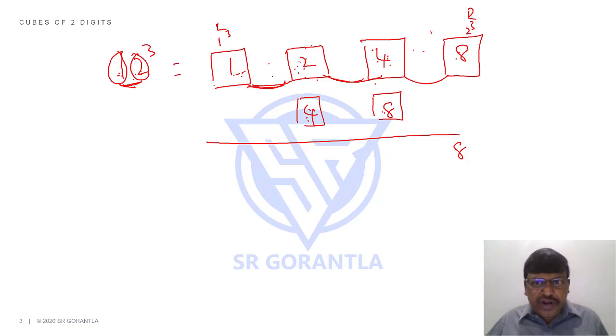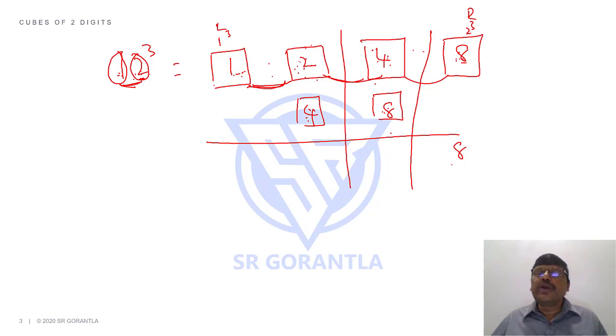And for every place you should write only one digit down, students. What I mean by that is, there is a single digit 8, it's okay. Instead of 2, if I have 7, what is 7 cube? 343 will be there. 343 means then what should I do? I should write 3 there and carry 34 to the next place, right?